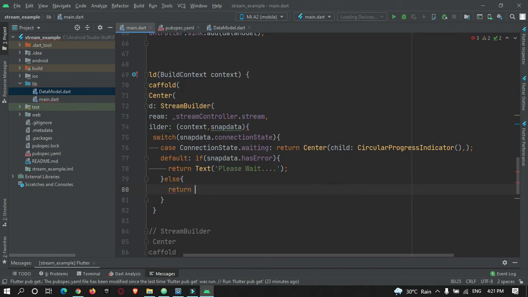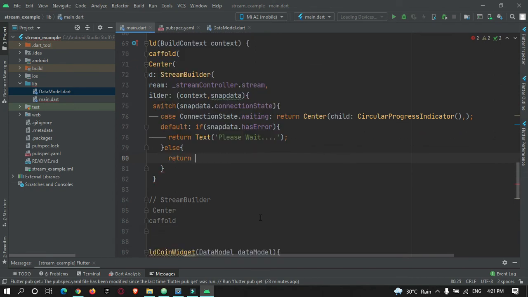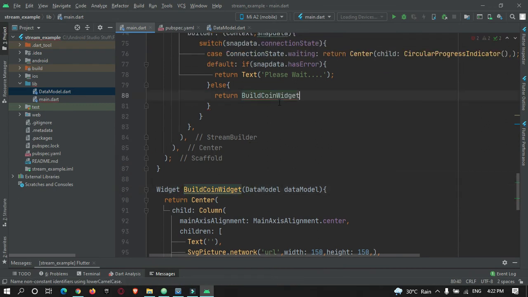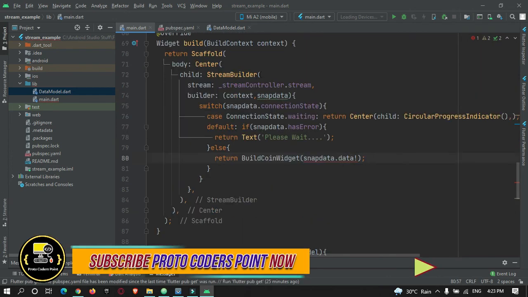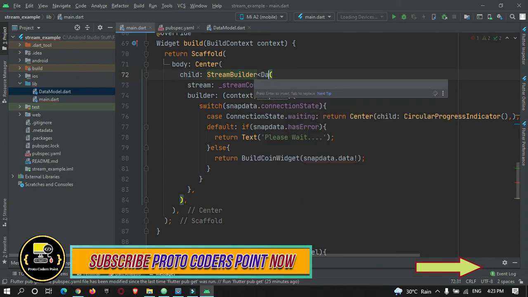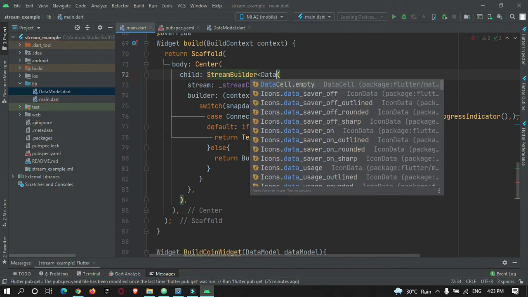So for that, return, we will just call our custom widget, and inside this custom widget we need to pass the data, that is snap data dot add null label. Okay, sorry, I forgot to add a data type to this stream builder. So our data type is a data model.